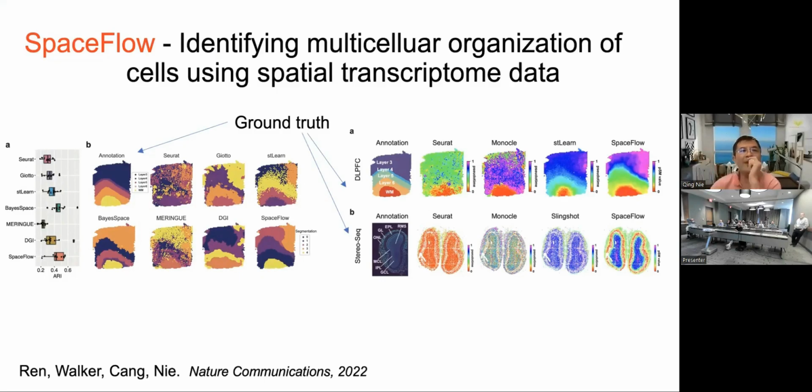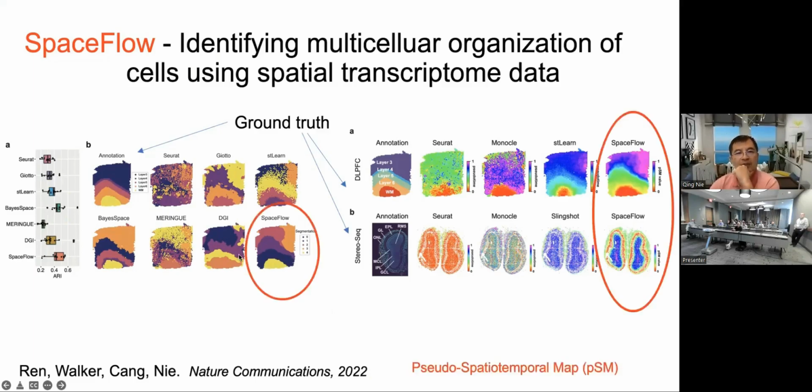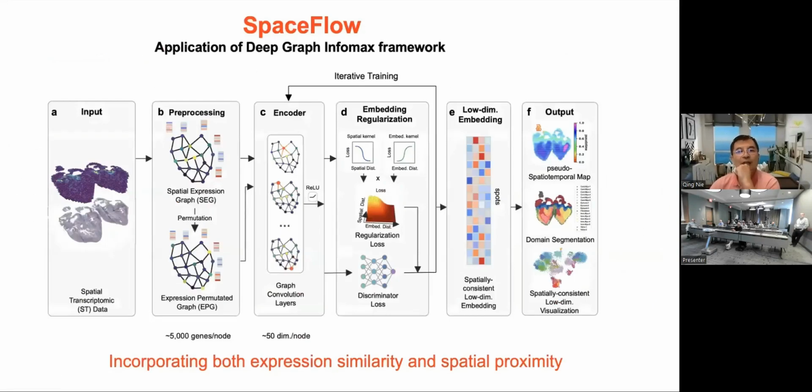So we developed a method called SpaceFlow. It's almost accepted. You can see, for example, that's the ground truth. We compared it with many existing methods. SpaceFlow, the new method, clearly gives something which is closer to the ground truth. Now you're asking how we do SpaceFlow. The bottom line of our SpaceFlow methodology is to incorporate both the expression similarity and the spatial